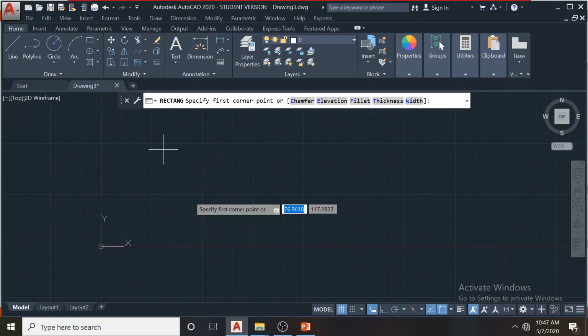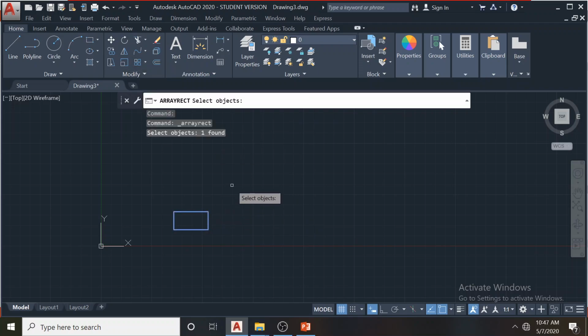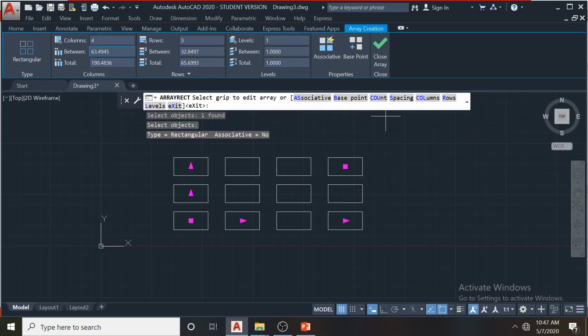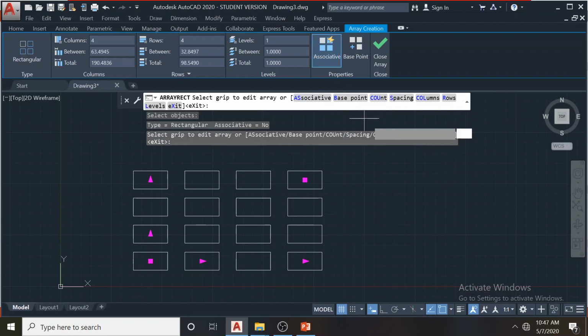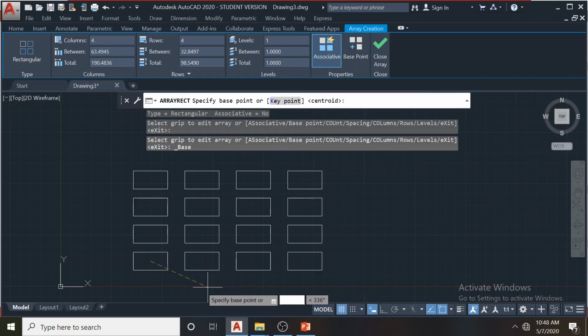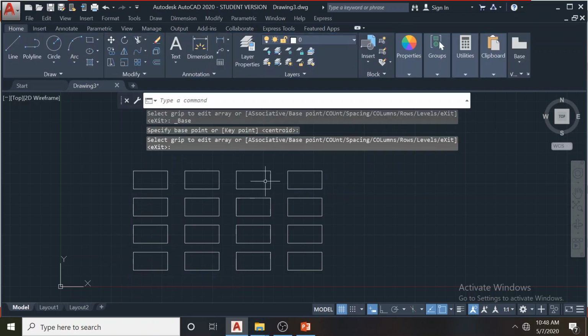Now I'll use a rectangle and show another example. I'll increase the number of rows to 4, and I say associative. And here there is a tool called base point. Right now the base point is in the middle of the parent. So if you want, you can change the base point here. Now when I change the base point to here, in the corner, and press close array,